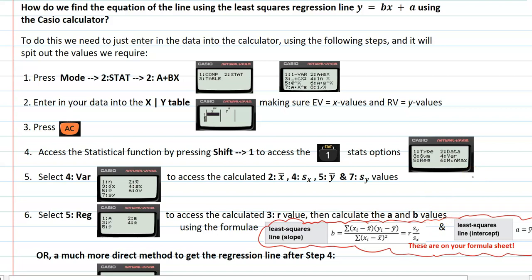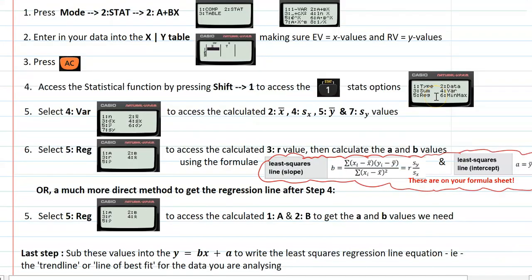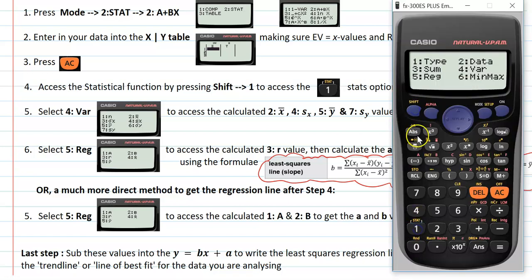So this is where you would be showing off your mathematical statistics skills. A much more direct method though is to also use our calculator to generate those A and B values we need for our linear model. So you may have seen them before in that option 5 reg.